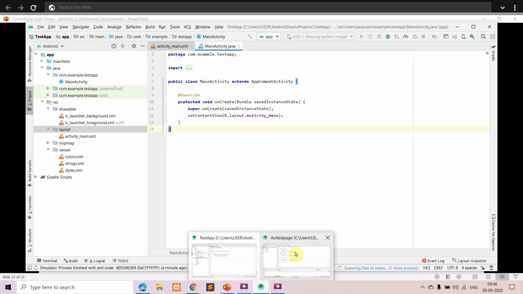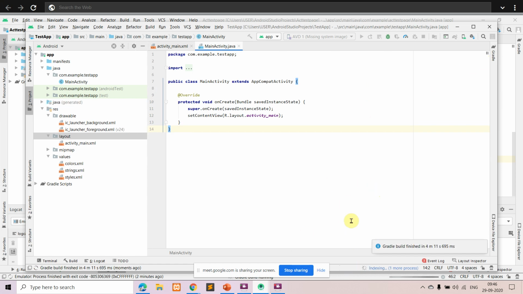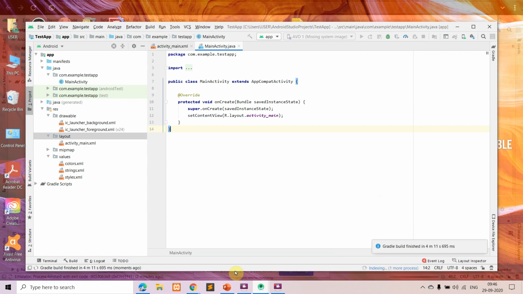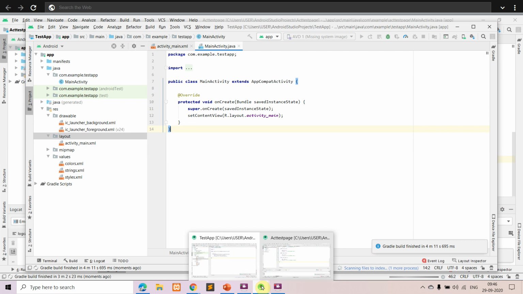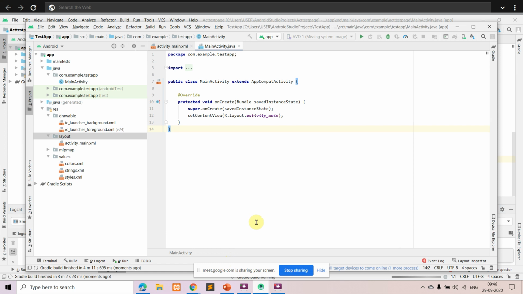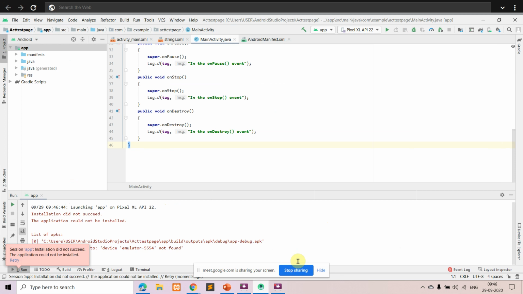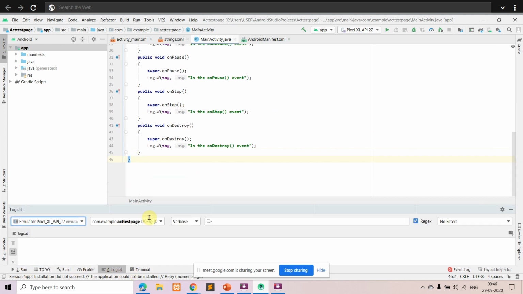I'm not able to show here. So that's a small part about action bar. So we'll just see if we can show here. Okay.